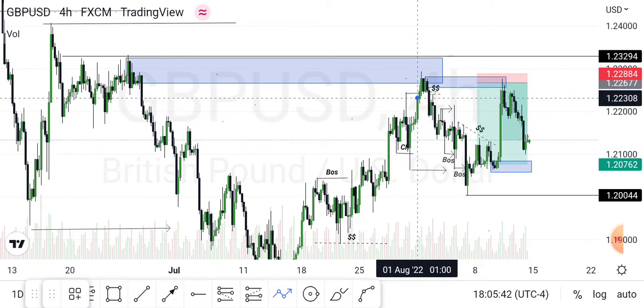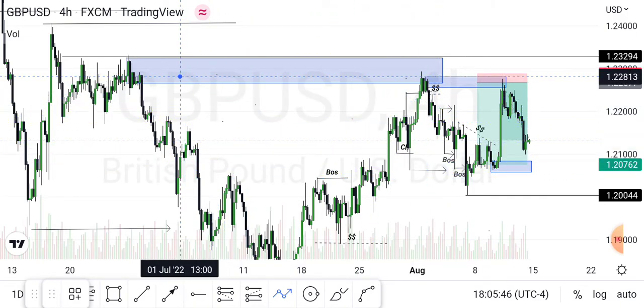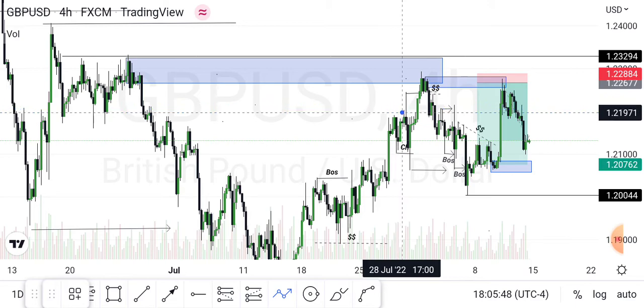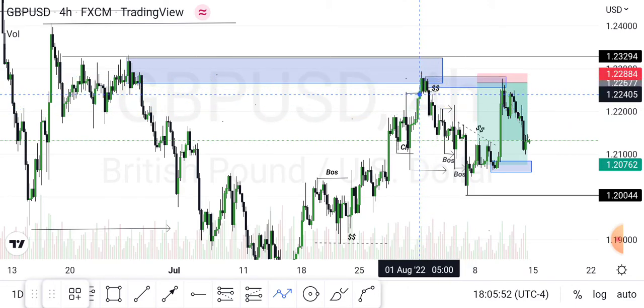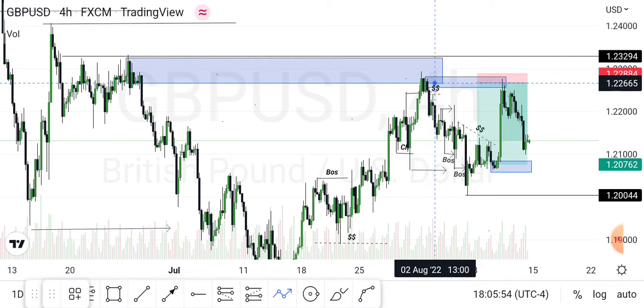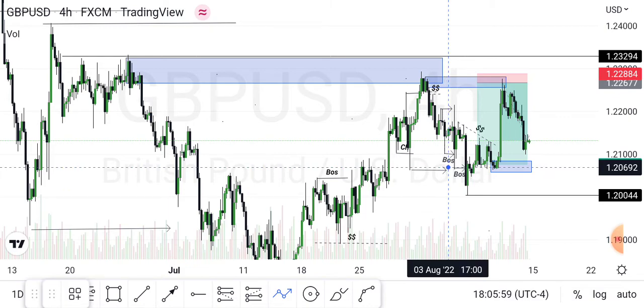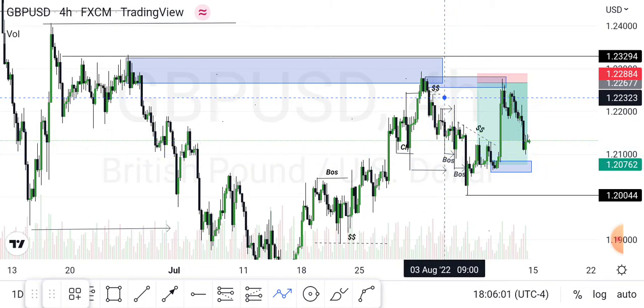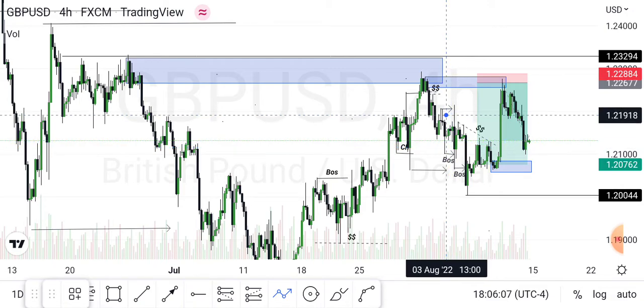Immediately I saw this setup, I started focusing on this OB and drew my OB here. Immediately I saw price tap into this and I saw this nice rejection candle here. I entered the trade immediately and I grabbed all of this trade, and we had two trades that hit TP from here, guys, if we all remember, because we also took another sell from this point.